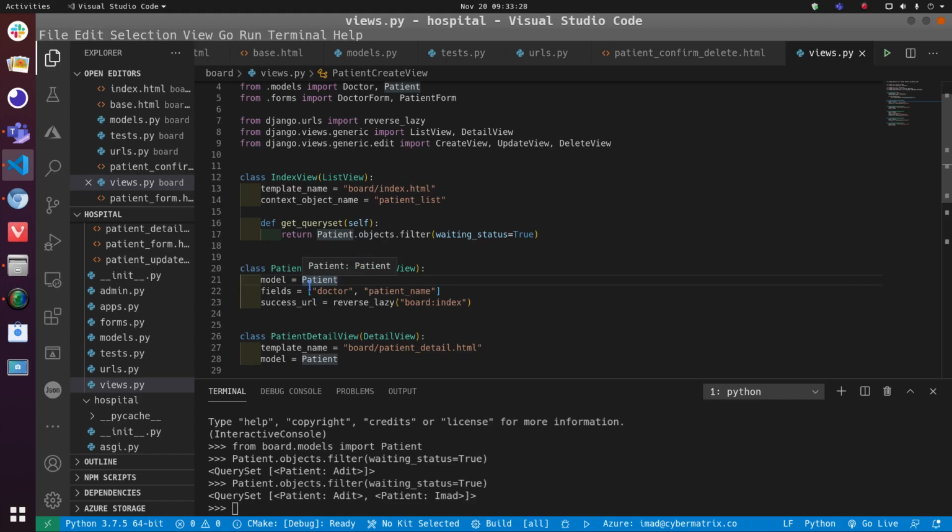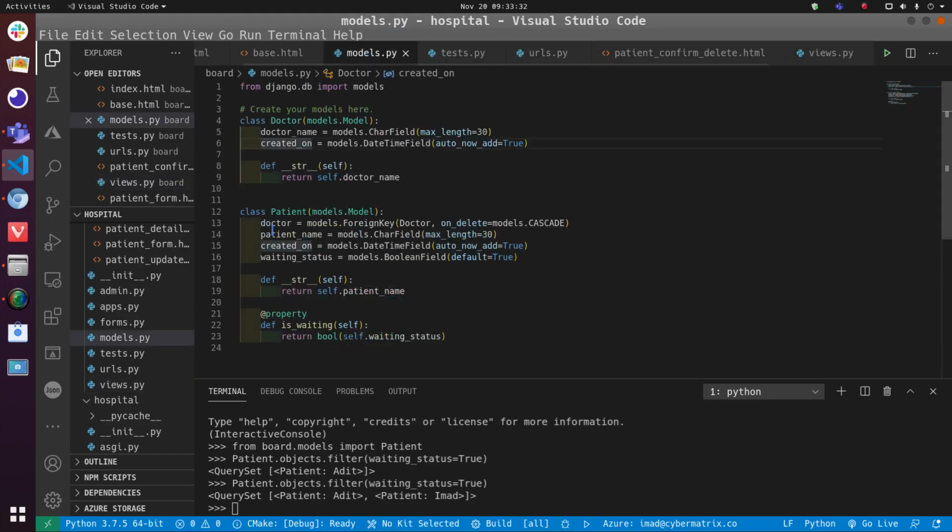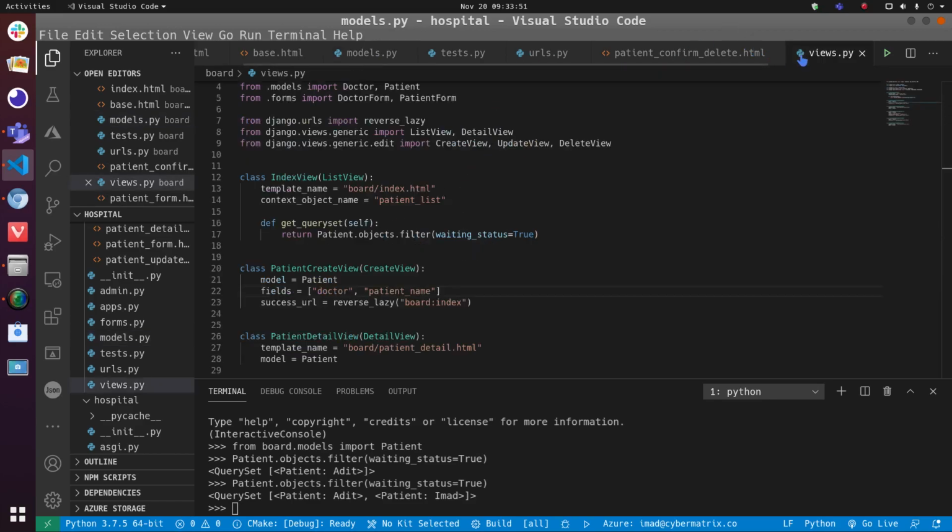In this case, we only need to create these 2 fields, because the other fields like created on or waiting status are created automatically. As for created on, it will be the date time when the user registers the new patients, and the waiting status will default to true, because any patients that are registering are on the waiting status. Alright,